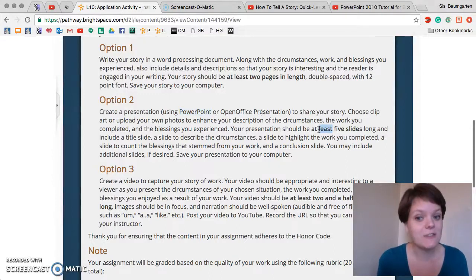It wants at least 5 slides and wants you to have a title slide. And again, to do the 3 things to describe your circumstances, the work you completed, and then the blessings that came from your work. And then it wants, of course, an introductory slide and a concluding slide. So that's the second option, is to do a PowerPoint.